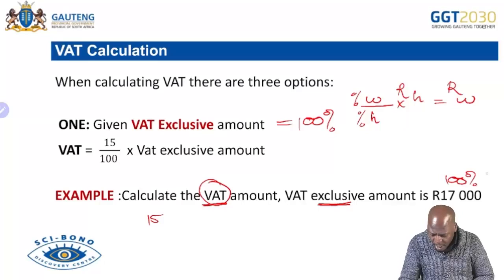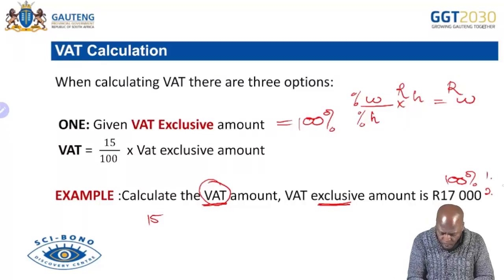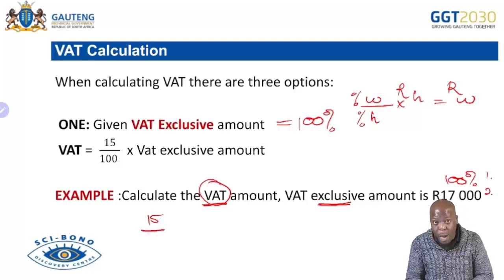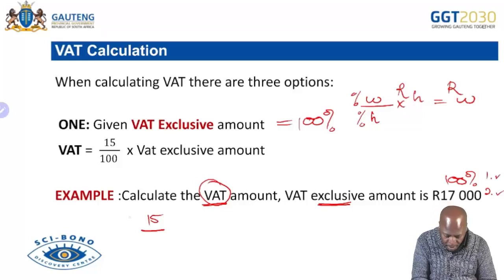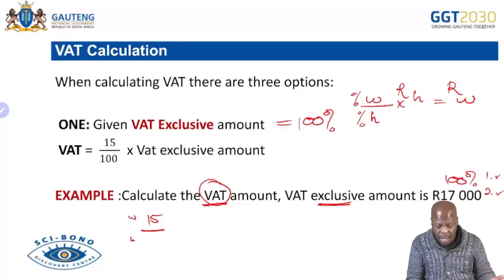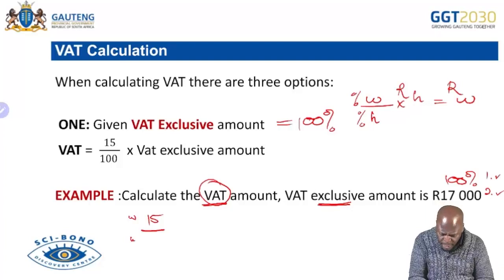Remember, your have must have two values, the percentage as well as the rand. So what I want is my 15%. What I have is the exclusive, and exclusive is 100. And the amount which I'm given, which I have, is